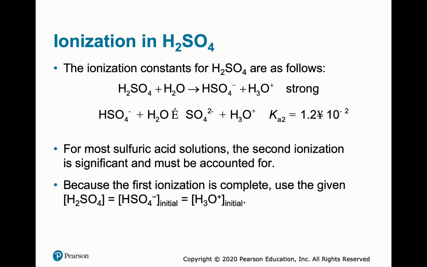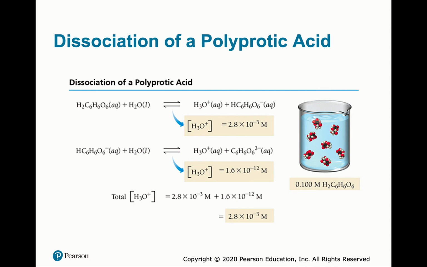So when you do these problems, it's just like the common ion effect. What is the common ion effect? Include the bisulfate ion and hydronium ion in the initial concentrations going forward. So for dissociation of a polyprotic acid, the first one breaks apart, and then the second, third, and fourth where applicable. But typically speaking, for this acid, the second dissociation constant is 10 to the 9 times smaller, so it's negligible.